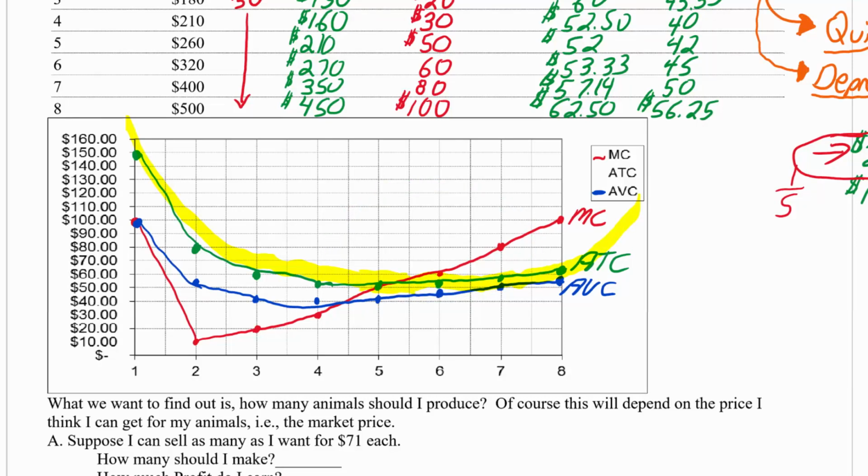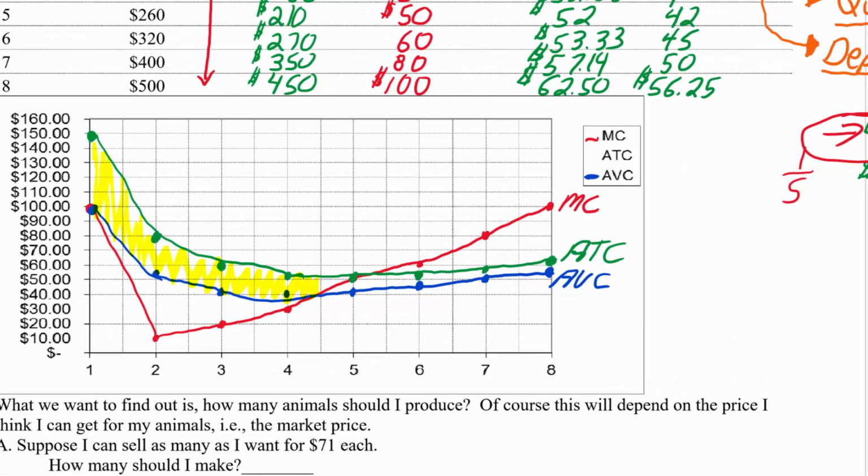So usually we'll call that a U-shaped average total cost curve and also a U-shaped average variable cost curve. The big difference here being that the average variable cost curve is lower, and the difference between the average total and the average variable cost curve, in other words, the average total cost is the total cost per unit, average variable cost is the labor and materials cost per unit. The difference between those two curves, which gets smaller and smaller, turns out to be the